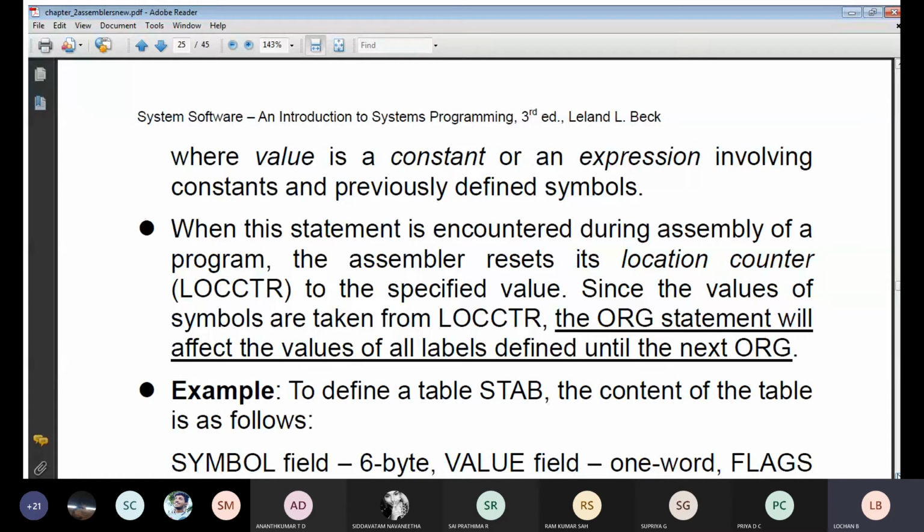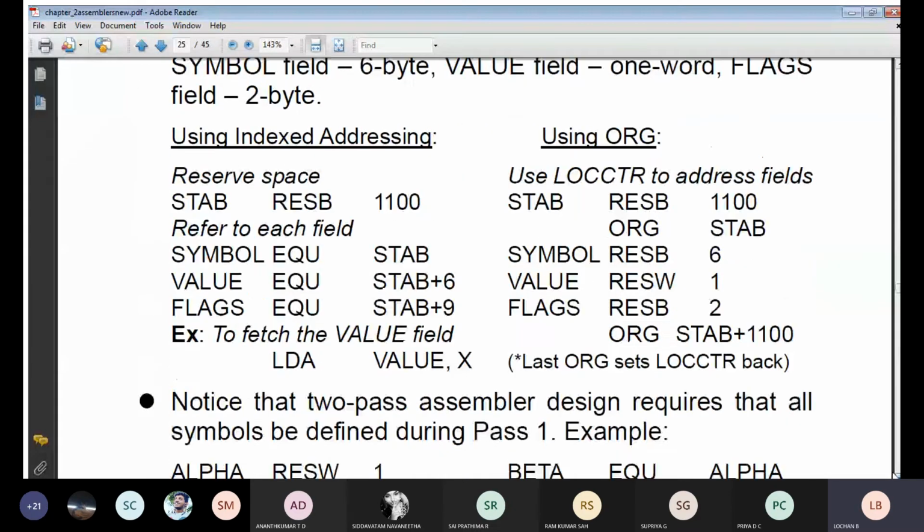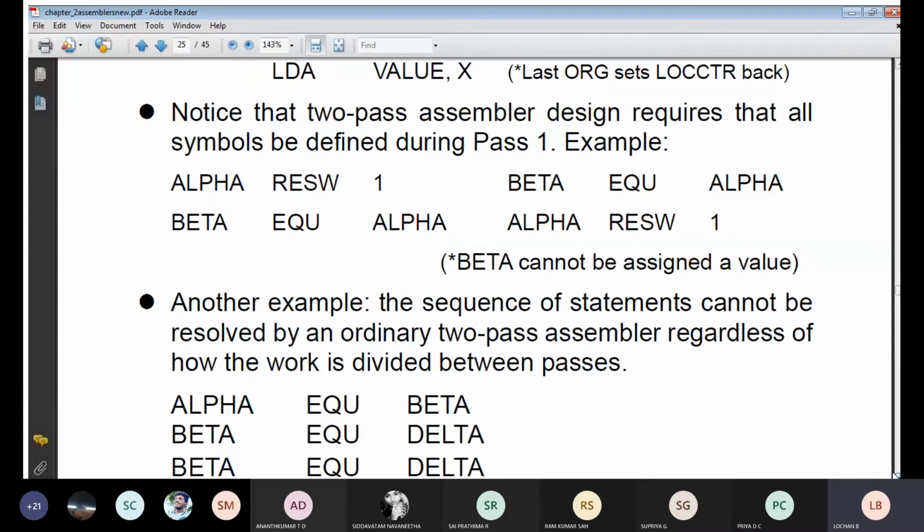In that particular memory, all the addresses will be stored. I'll repeat once again: we will be taking one particular memory, and in it all the addresses will be stored. Based upon which instruction you want, we will be getting that instruction from those memory locations, and we will be assigning the values. Okay, these are the operations we will be discussing with respect to the ORG.